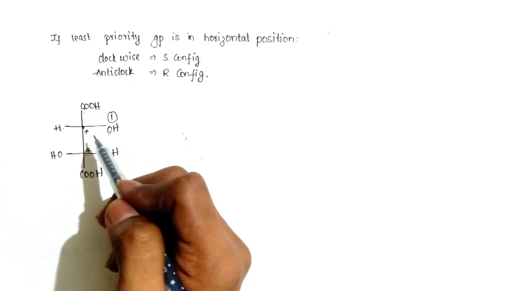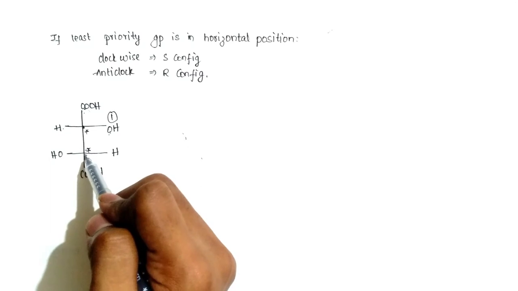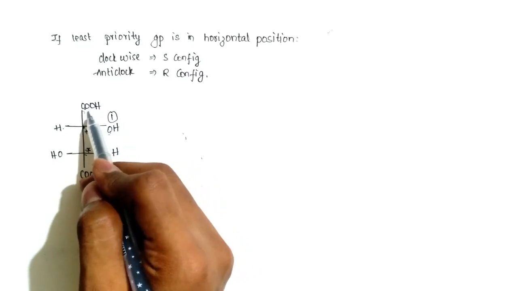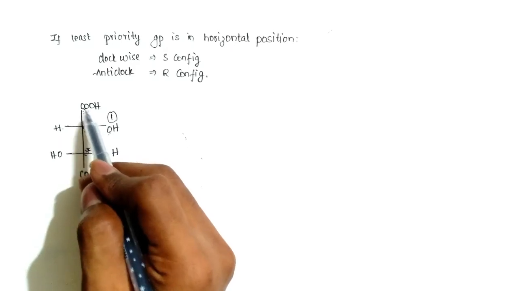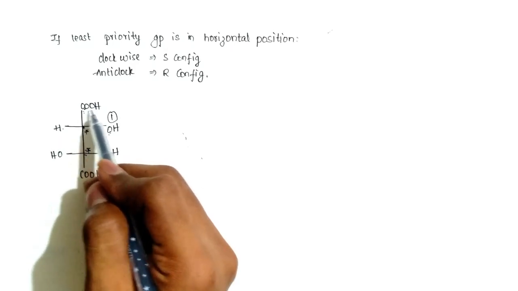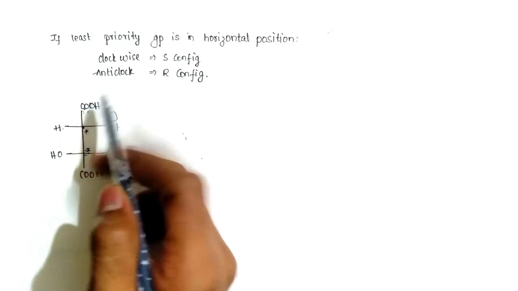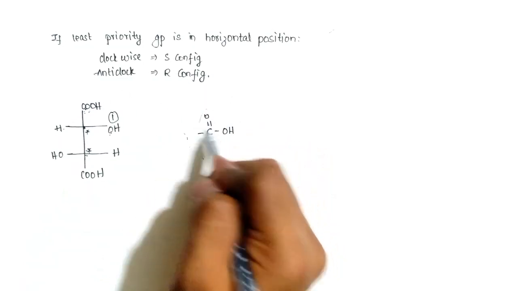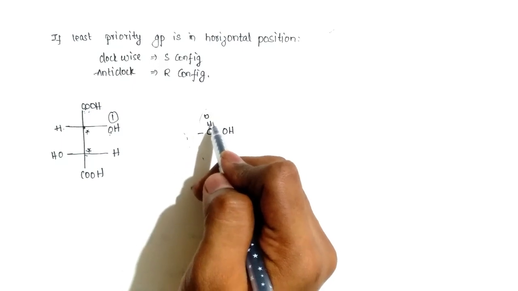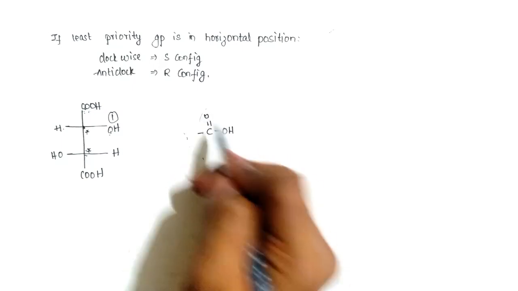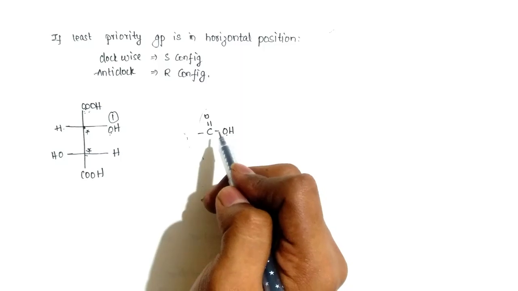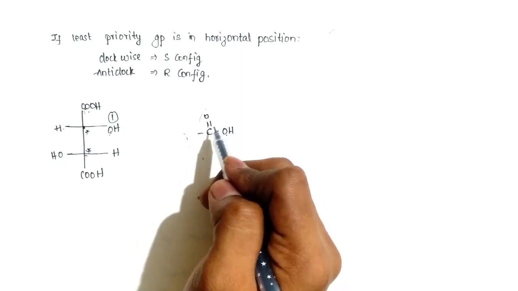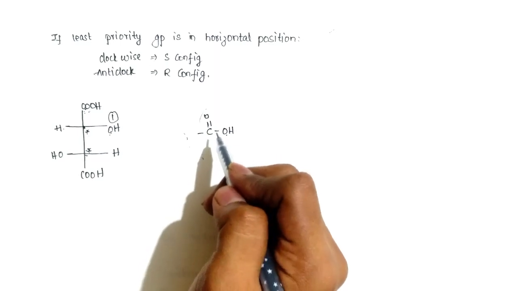Now let us see the next atom. For this C, attached are two O's, that is three O's actually, C double bond O and single bond OH. C double bond O means when we duplicate it, we will get two O's. Here two O's and here one O. Duplication means exactly this one. If there is a double bond, we have to calculate it as two atoms attached to it.